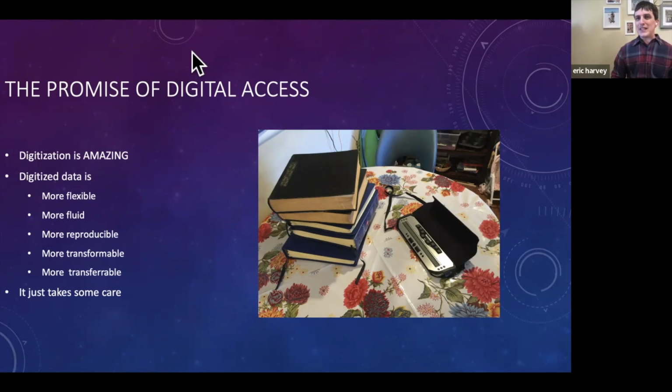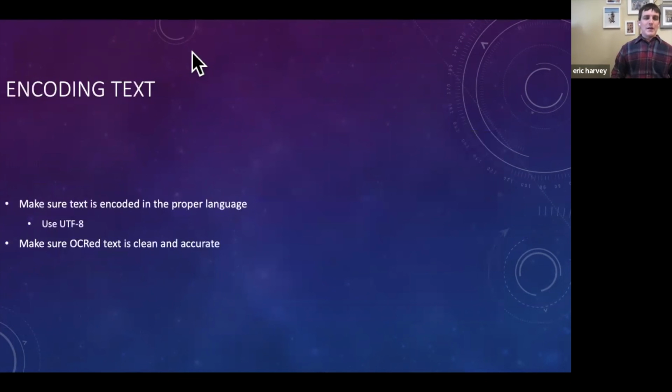So the efficiency and the scale of digitized text makes digitization a very promising development.